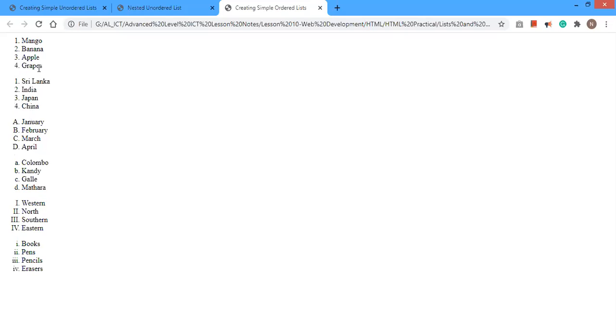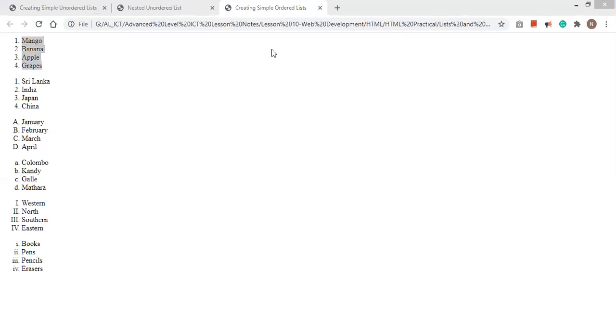If we are not using any specific ordering method in the type attribute, it will display with the default value, that means the normal number system. So you can see mainly there are four ordering methods available with the ordered lists.